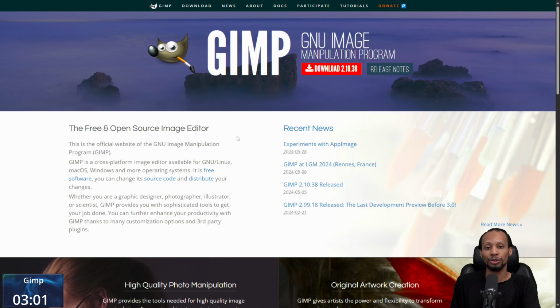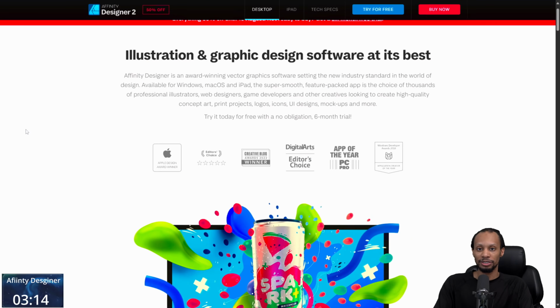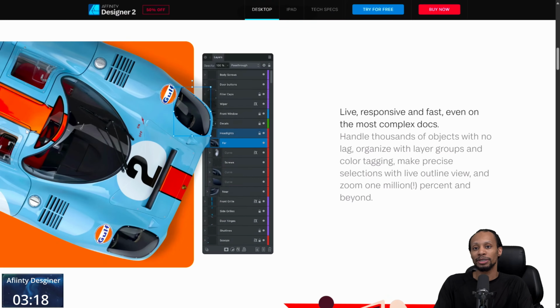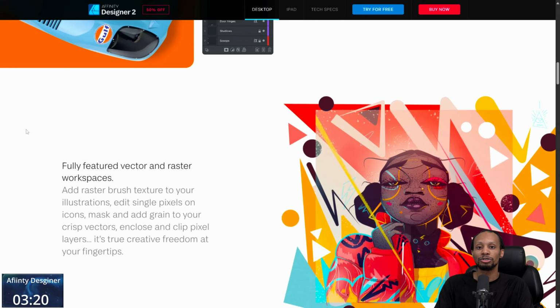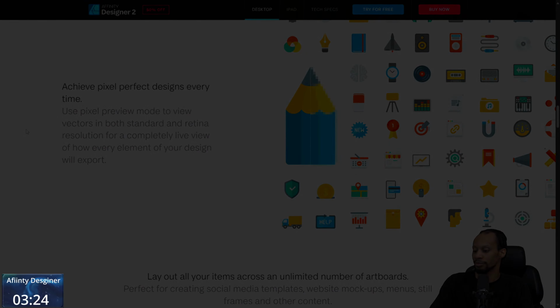If you're looking for a free alternative to Photoshop, GIMP will be your choice. Take a look. Remember, everything I'm going to show you is going to be in a link provided in the description. Affinity has its own suite of applications that you can use. One is an Illustrator alternative. And each one of these applications has no subscription. You pay once and you are done.